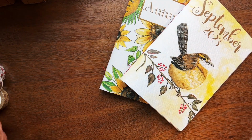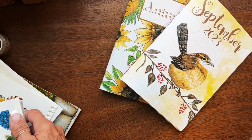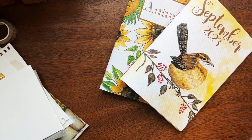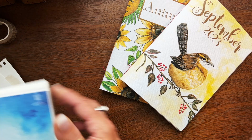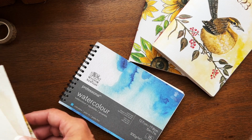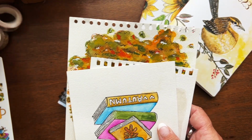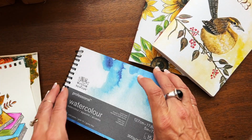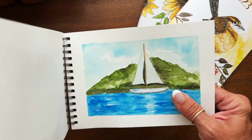Next, I'm going to show you a couple of things that landed. I wonder if this has the footballs. It does. Okay, so here I'm going to show you, I actually was painting and sketching some of this, and then some of this made it for the tip-ins and the washi, but the stickers and the washi, I mean. But some of the things, like this, was previous months